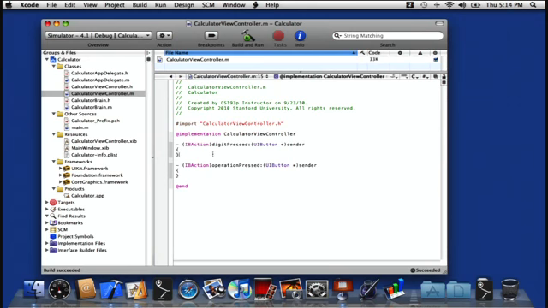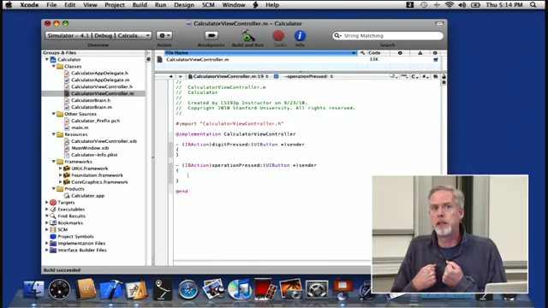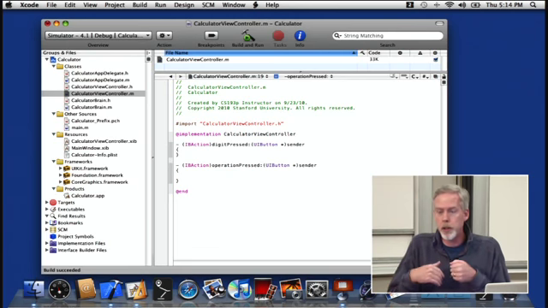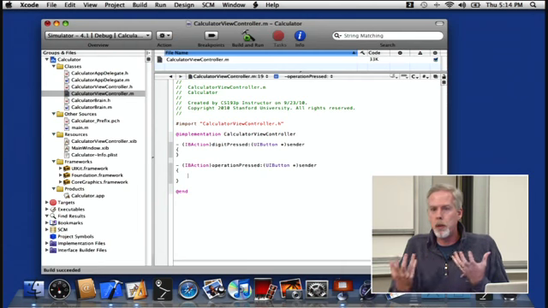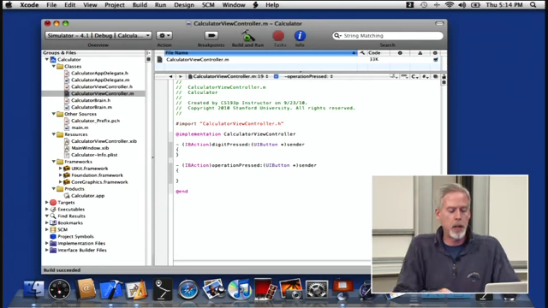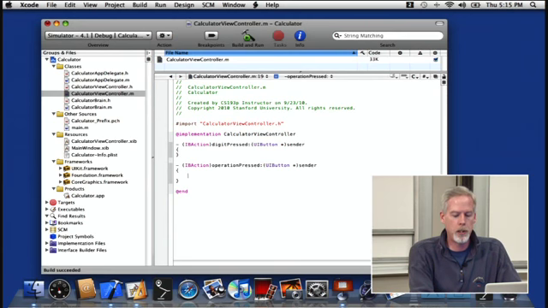So how about the implementation of this? What's required here? Let's start with the operation. The first thing we need to understand is which operation we are doing. We got sent this message from a button. We're in our controller. The view sent us this message using target action. We're the target. It sent this action to us. Which operation got pressed? Well, the way we're going to find that out is we are going to send a message. I'm going to have a local variable here, which is a pointer to an operation. And I'm going to send a message to an object that is returned by sending another message